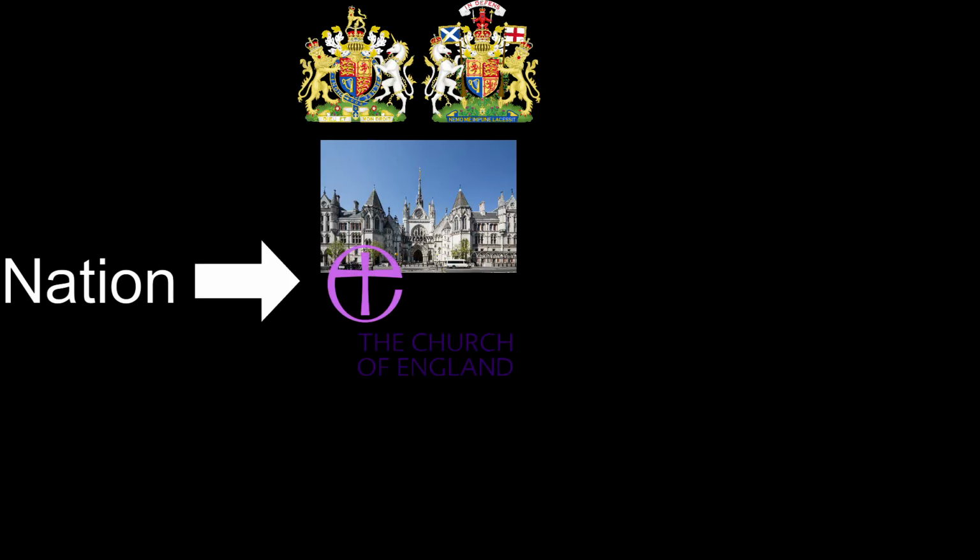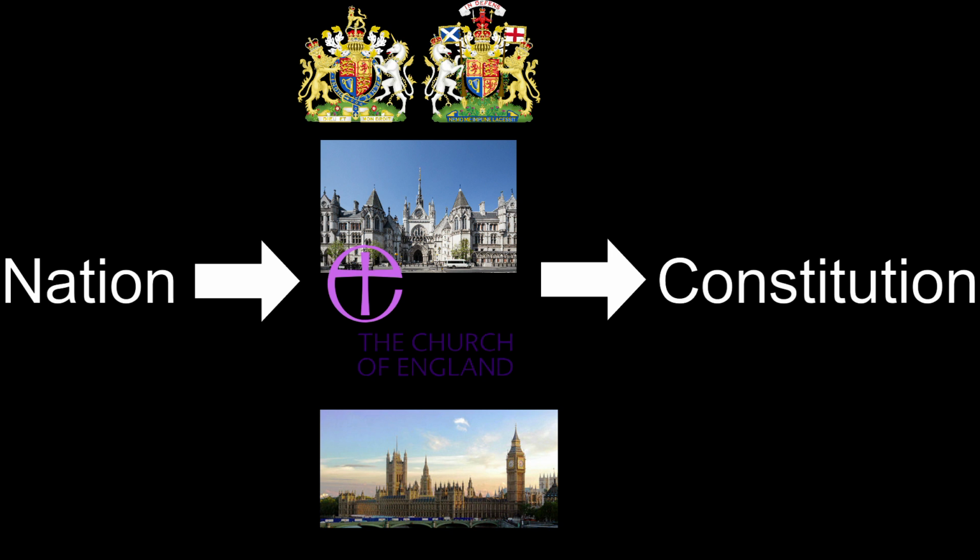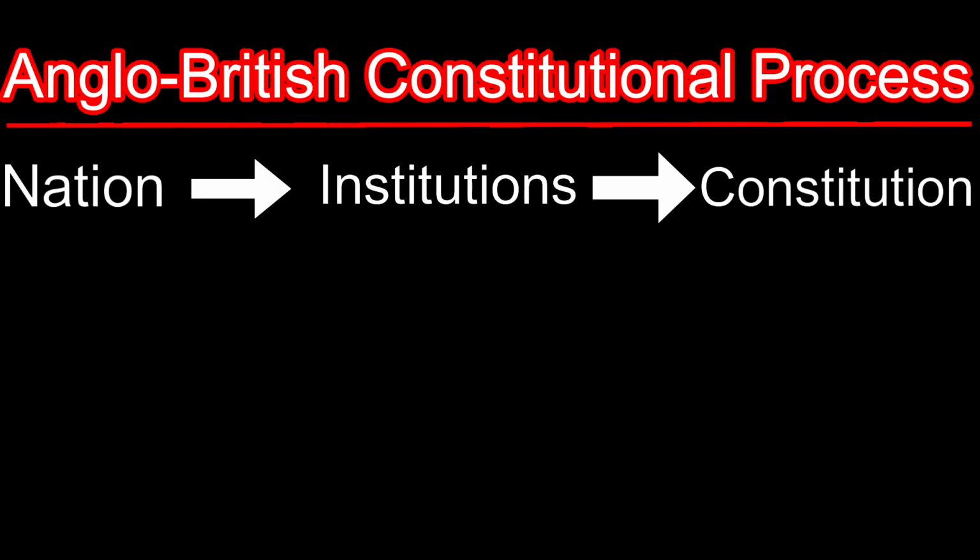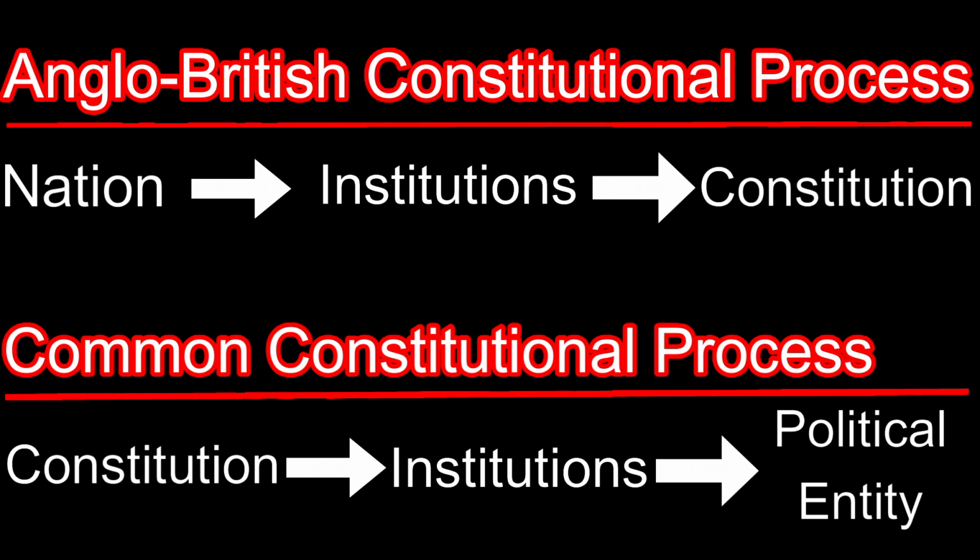As I said a moment ago, the Anglo-British Constitution is the formalisation via institutions of the Anglo-British nation. It is the product of the nation. By contrast, the codified constitution is typically written to produce a desired, negotiated political entity. Do you see the difference? For the Anglo-British, the nation is fundamental, the nation is the prime mover, and the constitution is the result or the outcome of this. And by contrast, in the codified constitution, the constitution itself is foundational and prime mover.